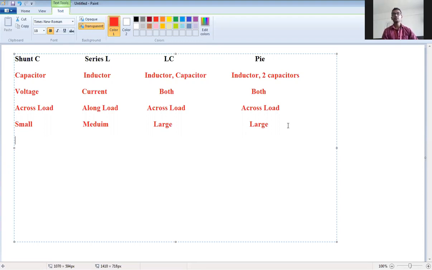For the shunt capacitor filter, the cost is less. Again, for series also it is less. Moderate, or you can say actually this is moderate.